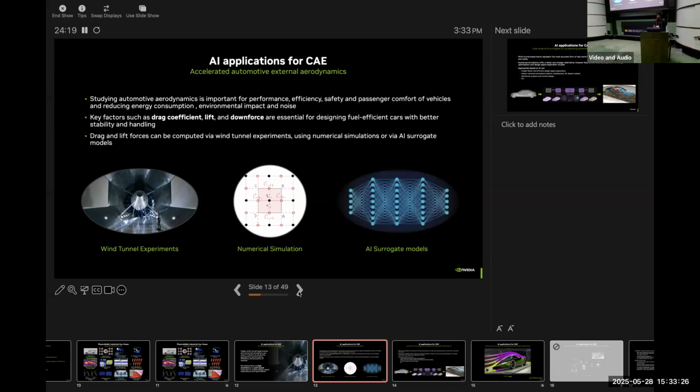People also like to visualize the flow field around the car to look at the vortices and areas of high pressure, low pressure, and those kinds of things. Wind tunnels and numerical experiments have been a powerhouse for a few years now. And today what we'll look at is how AI surrogate models can also offer a valuable alternative to some of these methods.